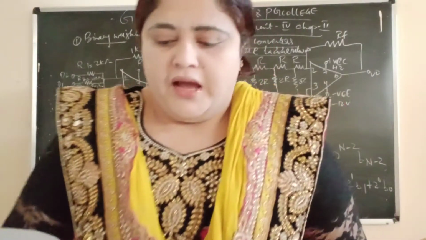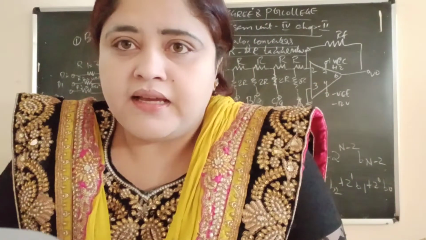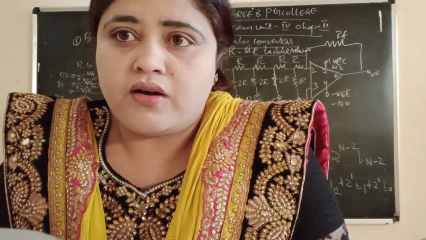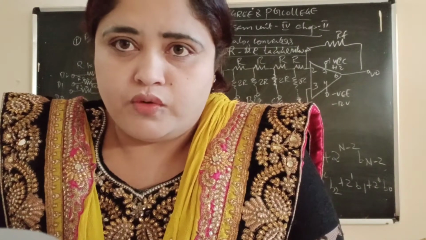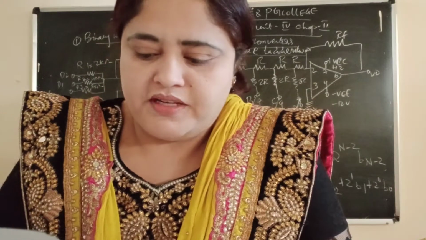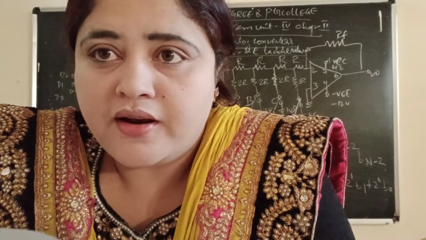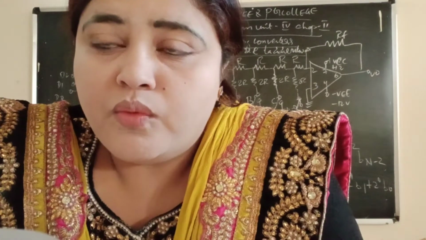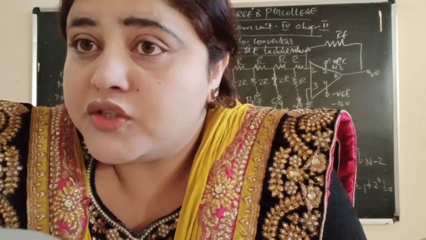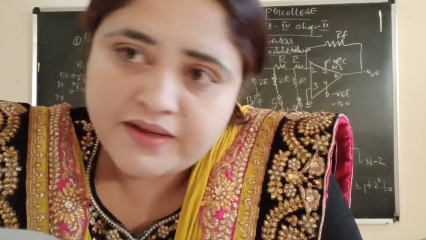Now first we will be starting digital to analog converter, second chapter of your unit 4th. What do you mean by digital? Digital means, as you are already studying in your paper 5, zeros and ones. Digital to analog: analog means it will be in the form of voltage, like maximum values. Zeros and ones will be converted into some value. 001 in digital will be converted into 1 in decimal.